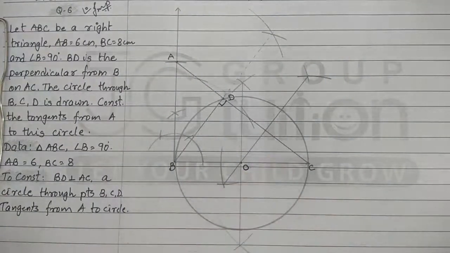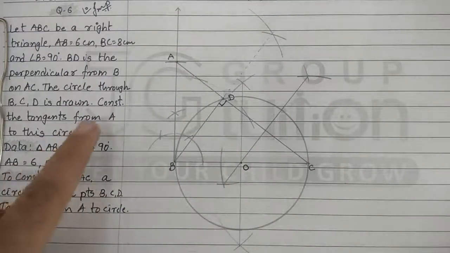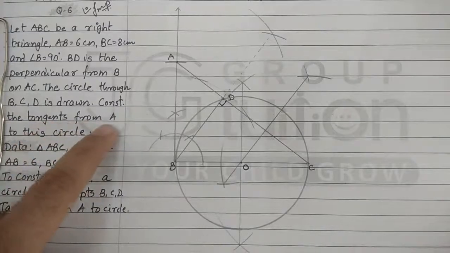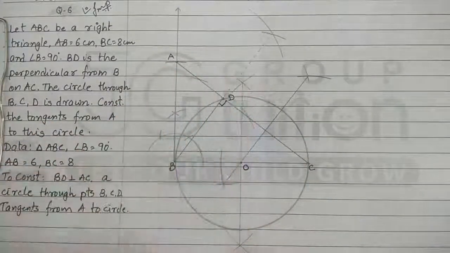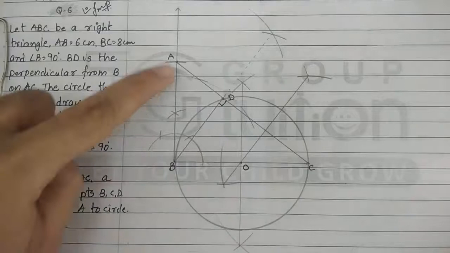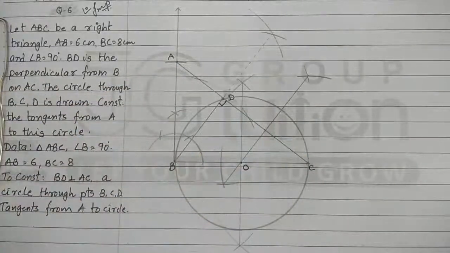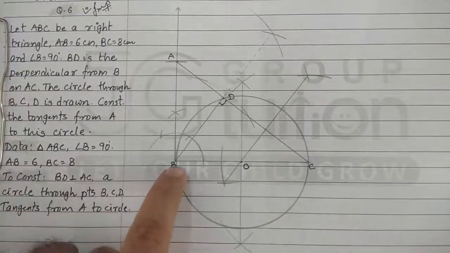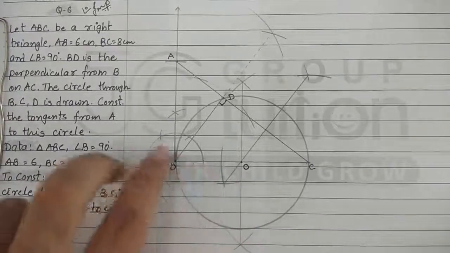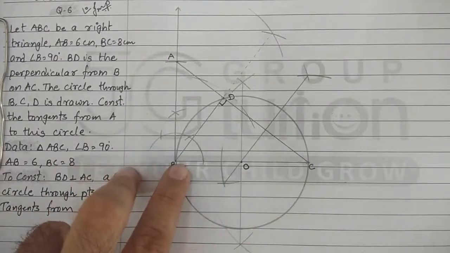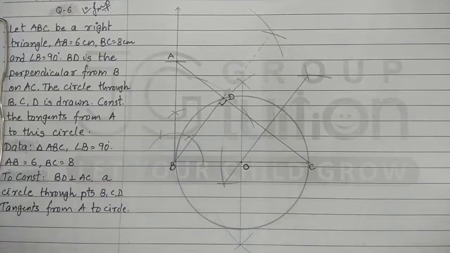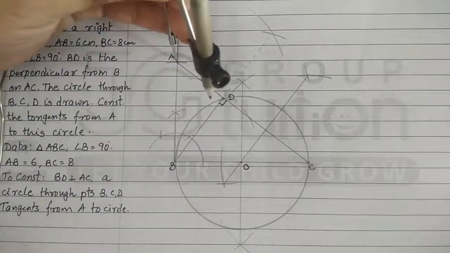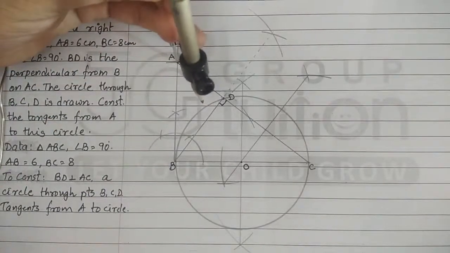Third thing we have to do. तीसरी चीज, we have to construct the tangents from point A to this circle. हमें point A से ये circle पे tangents बनाने हैं. So at the beginning of this exercise we discussed कि हम जो tangents बनाएंगे वो हमेशा perpendicular होंगे. OB रेडियस है तो उसको परपेंडिकुलर बनेगा. दूसरा जो रेडियस होगा, दूसरा जो टेंजेंट होगा, we should remember it should be of the same length.